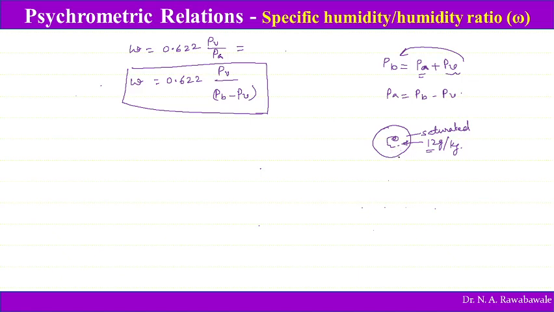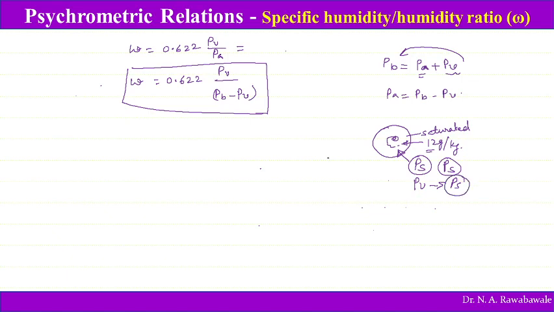So if we allow this air to have sufficient quantity of water vapor, and when it becomes saturated, then we call that pressure of air the pressure of saturated air. So PV becomes PS. At saturation, PV becomes PS. That is nothing but, when air gets saturated completely, at that time the partial pressure of vapor, we call this the partial pressure of saturated air.